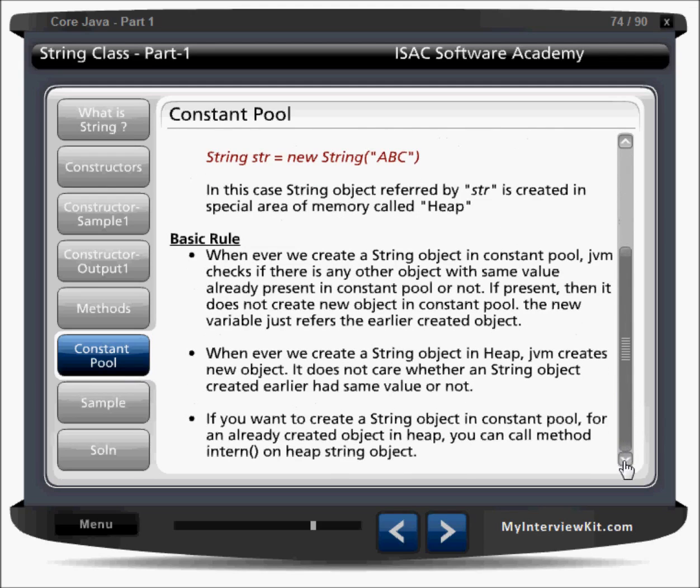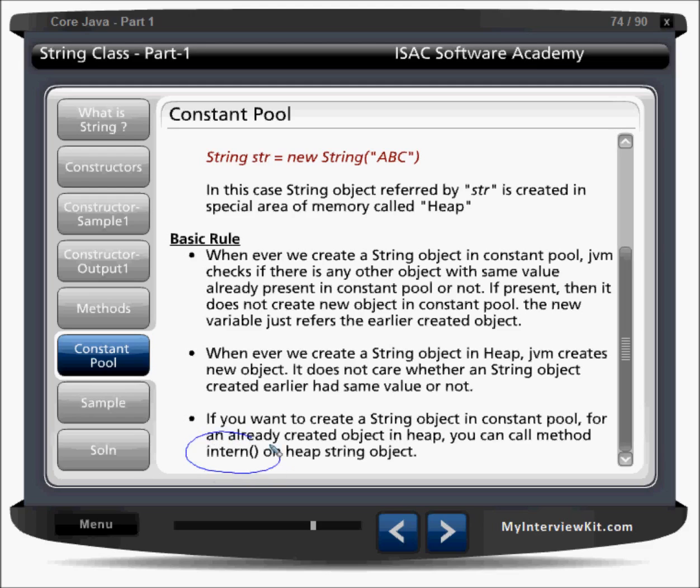And consider I have a string in the heap memory and I want to bring it into the constant pool. So what I need is the intern method.